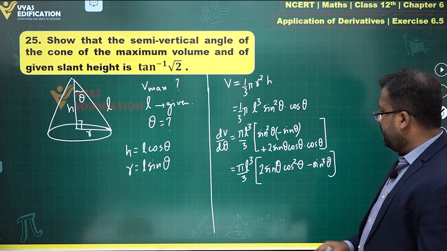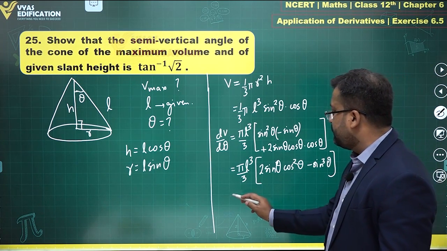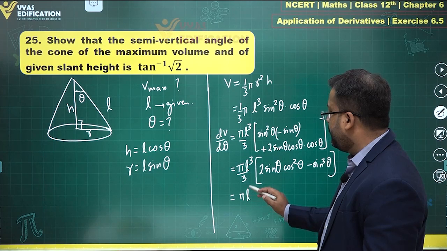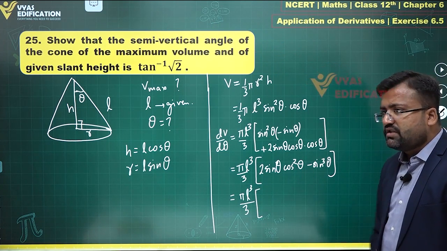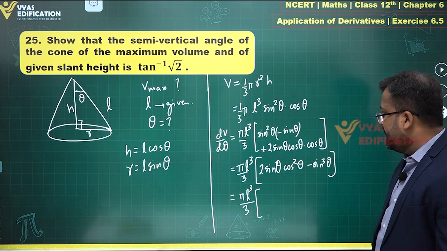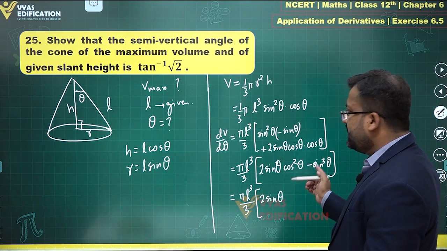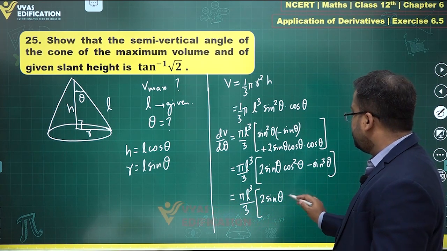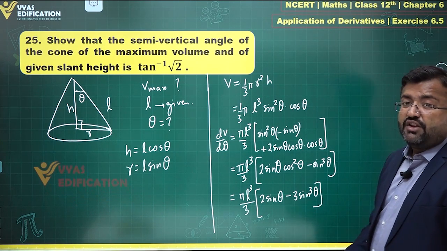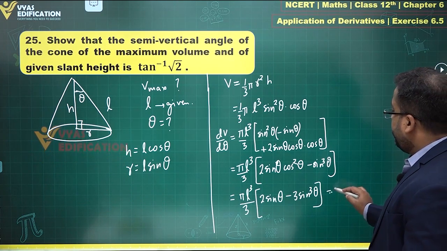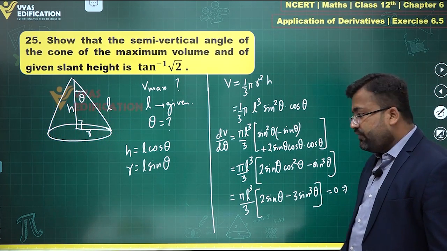Okay. And maybe we can take out sin theta common, and what remains is 2 cos square theta minus sin square theta. So pi L cube by 3, or alternatively we can also convert this cos square theta into 1 minus sin square theta and see where that takes us. So this is 2 sin theta minus 2 sin cube theta, and this becomes 3 sin cube theta. Okay, and that will give me some value of theta, right? So equating it to 0 will give me sin theta equal to 0,